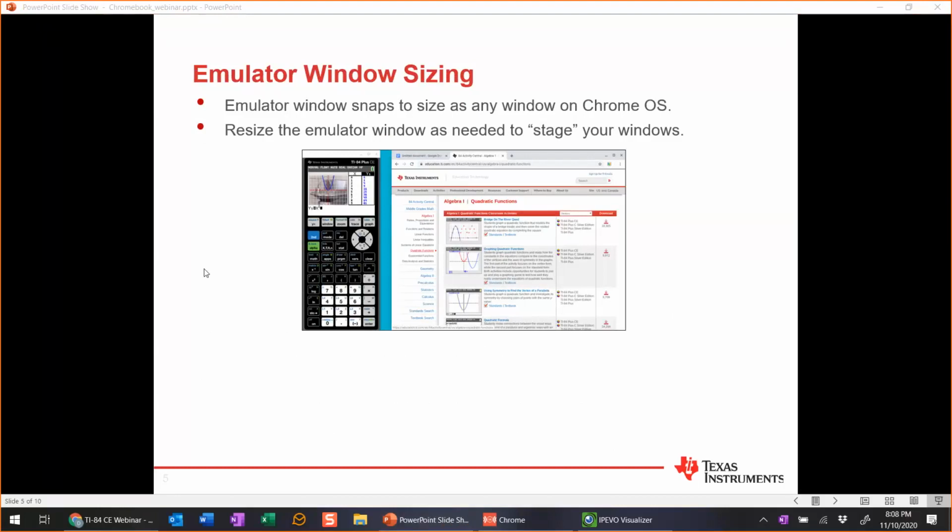This one just happens to have the 84 Activity Central web page open, and that could possibly be a way to stage windows. As you're teaching more and more remote, it's so important to be able to stage your windows and plan what you're going to minimize, what you're going to bring up, and actually help the students understand their environment as well and make suggestions. And next,